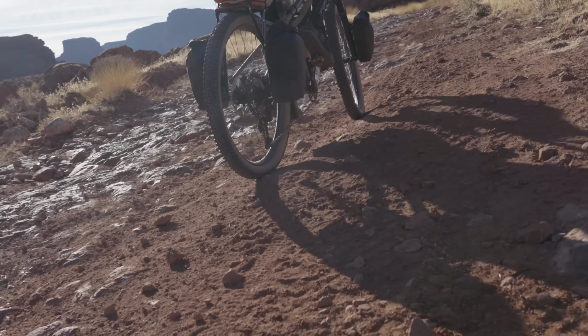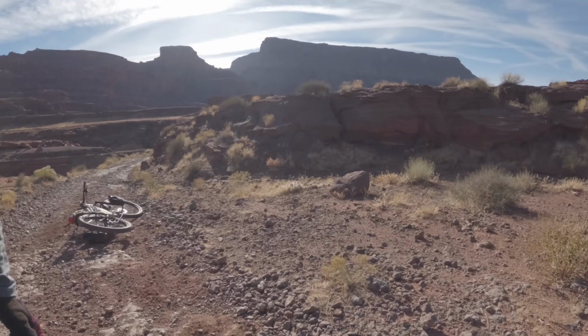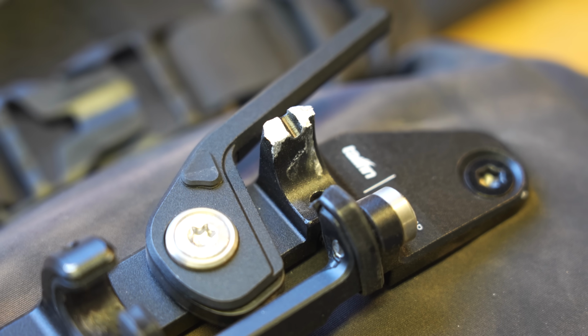So I only tested these bags for a few months, but as with systems that have moving parts, they're more prone to things happening. I ultimately had two issues with this fork pack. The first was not really the bag's fault. My buddy ended up rear-ending me after I suddenly slowed down on a descent when I thought I had a flat tire. We were going pretty fast, maybe 15 miles an hour, and his front tire went